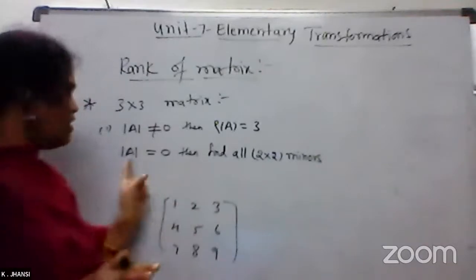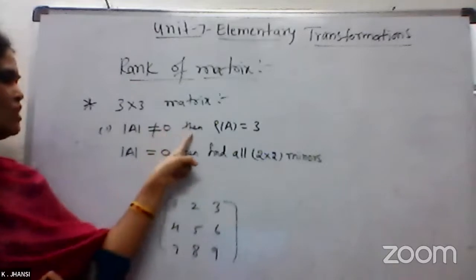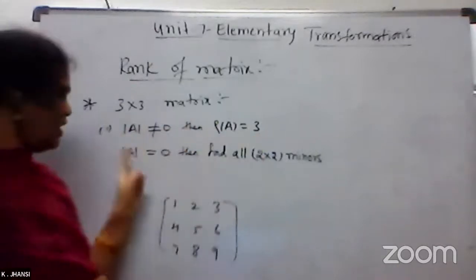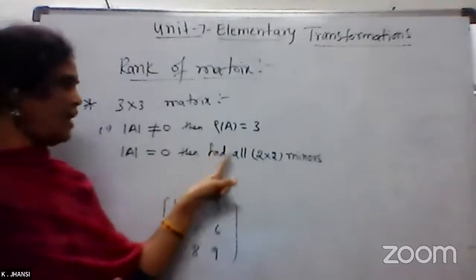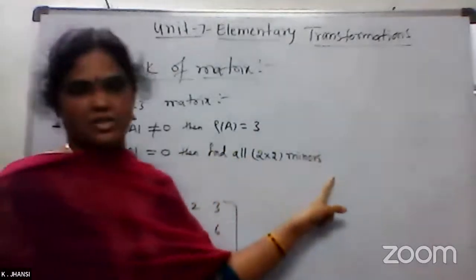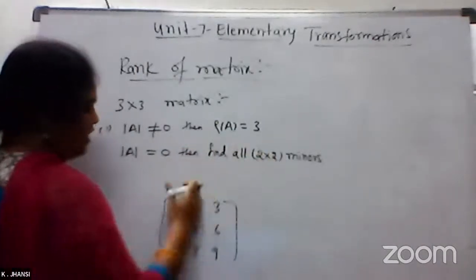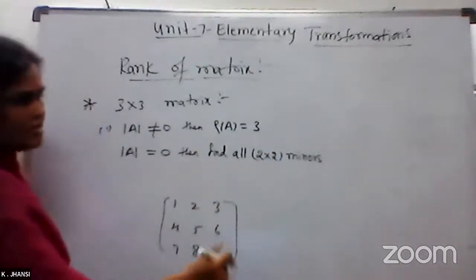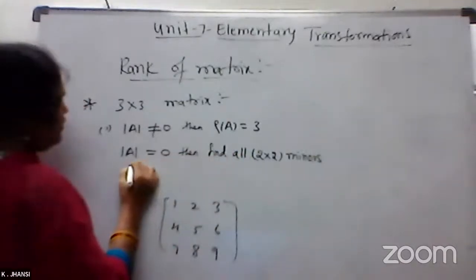Like this. So if the determinant of the matrix is not equal to 0, then the rank of A equals 3. And the second case is, if the determinant of A equals 0, then find all the 2 by 2 minors. If in that you are taking all the 2 by 2 minors, if any